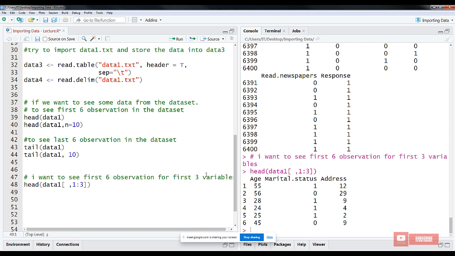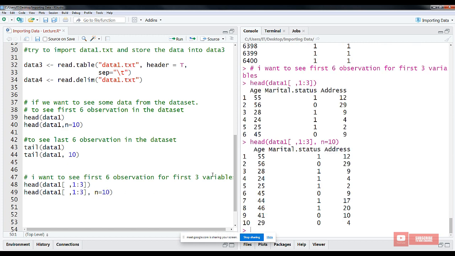right? Okay, so let's say kita nak tambah sikit, kita nak tengok the first 10 observation for the first 3 variables. So we just put another argument. Kita menggunakan the same function dekat sini, just type N equal to 10, right? Okay,